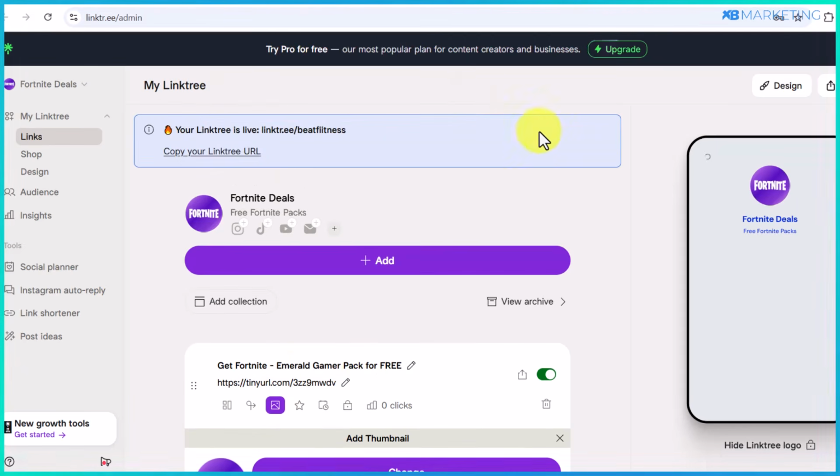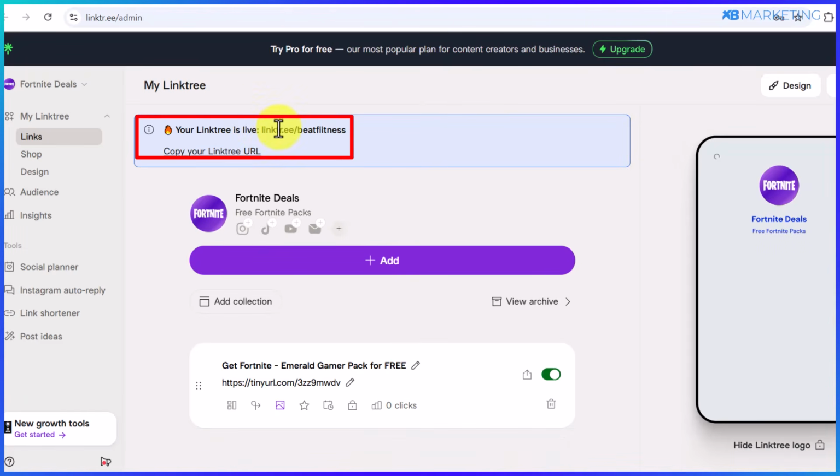So this is how easy you can create a landing page in a few minutes. So once you create your landing page, you're going to see your link at the top right here. All you just simply need to do is to copy your link. Okay. So once you copy your link, that takes us to the next step where you want to start driving